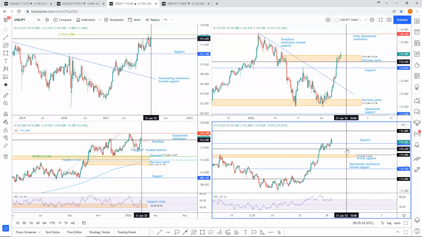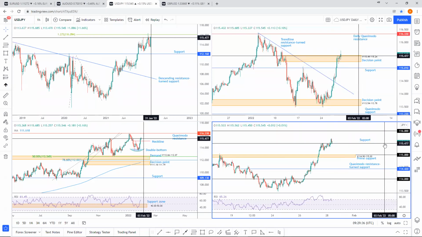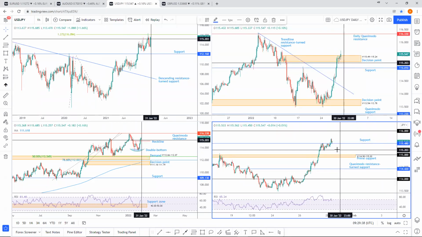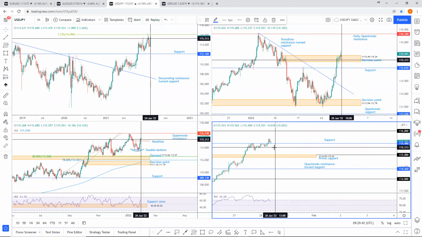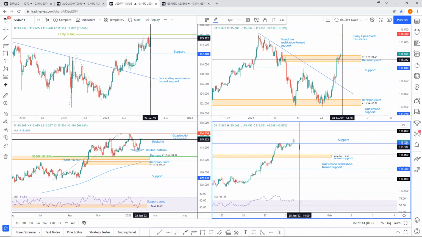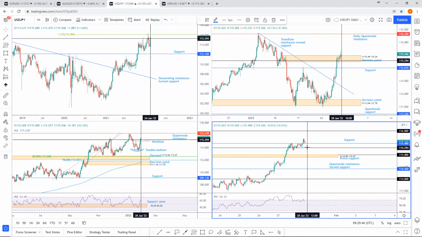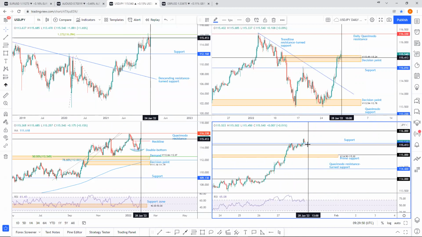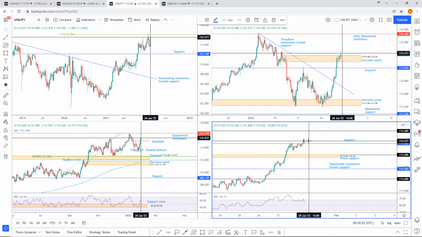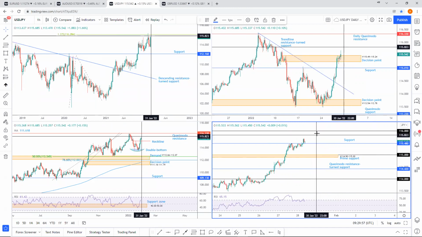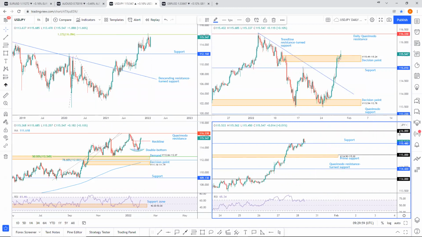Now, on the H1 time frame, we are currently retesting support at 115.48 and on track to form a potential hammer candlestick pattern, which is generally considered bullish at troughs or in dip buying scenarios. Now, should we hold off this support here, this could be an area we see buyers come in from, targeting the 116 figure, which, as I'm sure you